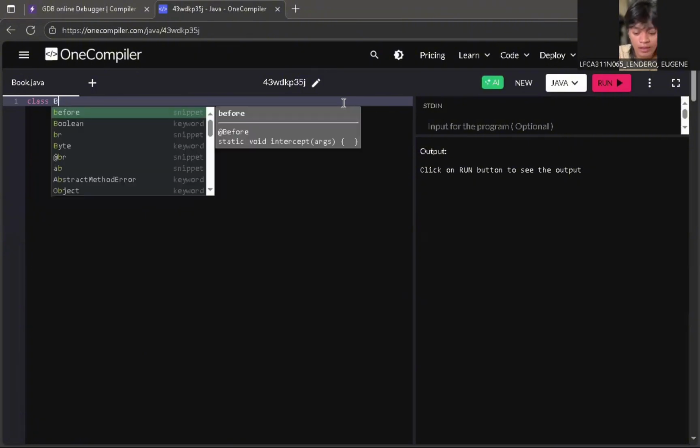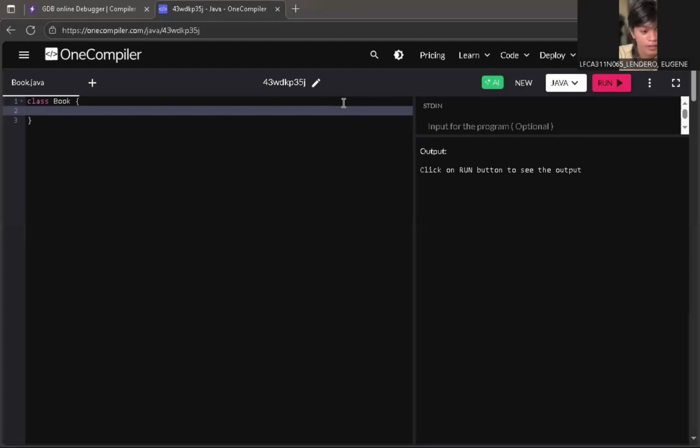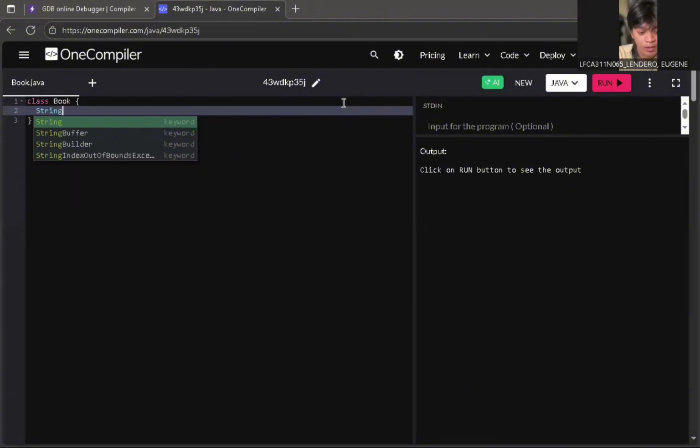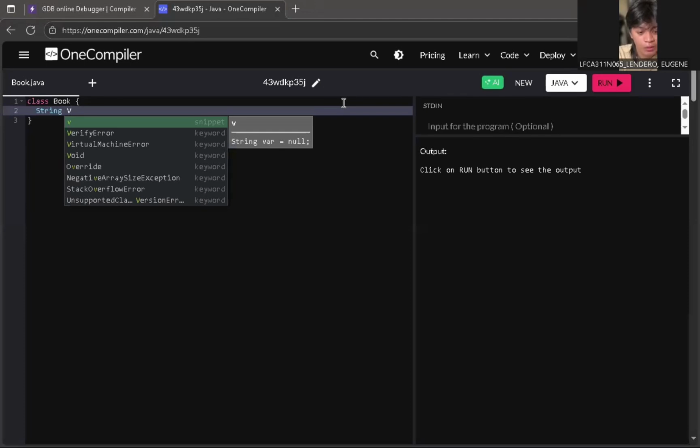Then curly braces. Then we have to declare data types, which is string, because our value is a word.